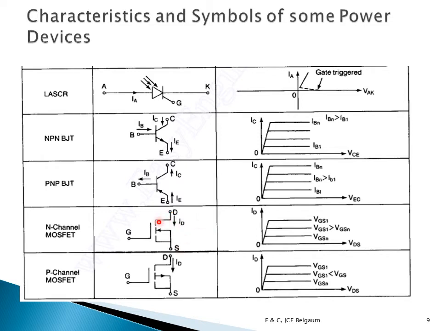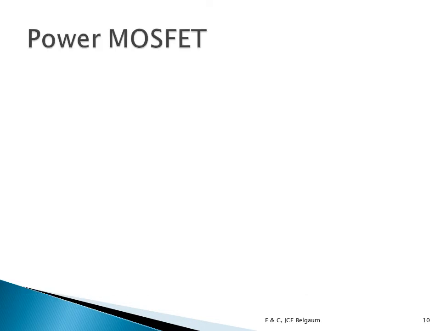There will be a virtual channel that will be formed between the drain and source. As they are not connected, but once I apply a gate source voltage, a virtual channel, in this case an N channel, will be formed, and then the current will flow through that channel to the source. In a P channel MOSFET, I apply a voltage here which will generate a P channel out here, and the current will flow through the channel once I apply a VDD voltage here. So these are the symbols and the characteristics of the devices.